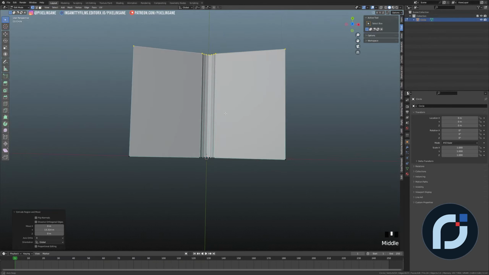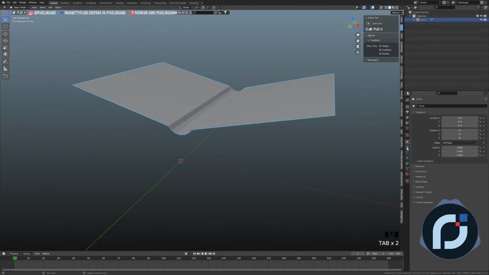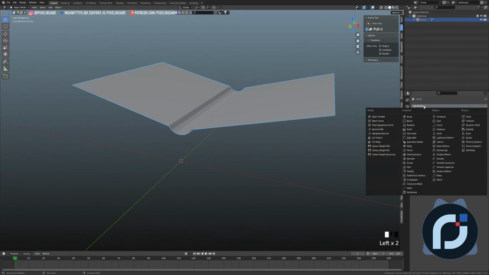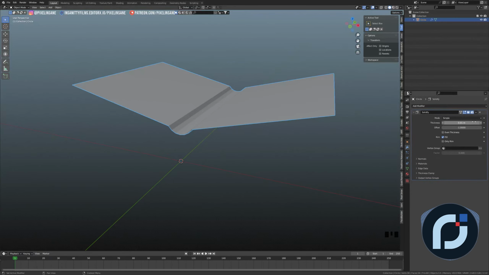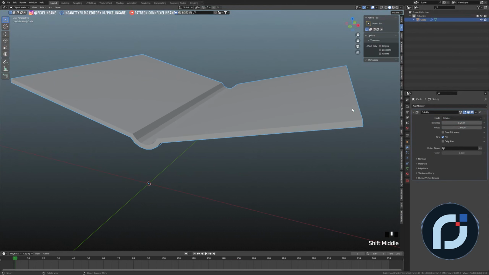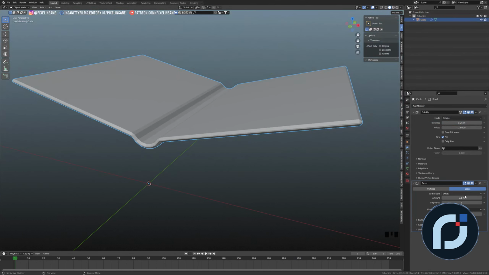It looks fine. Back to object mode, I'm going into the modifier properties and add a solidify modifier right here, so we can give it a little thickness. Let's see, 0.25. And then we're gonna add a bevel modifier and we're gonna set the segments to 2 and let's reduce this to